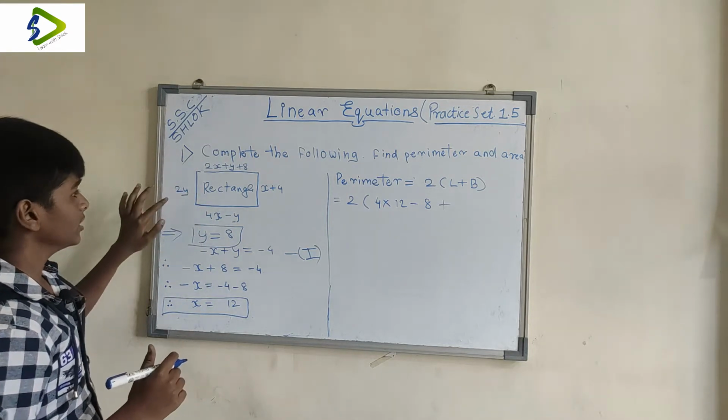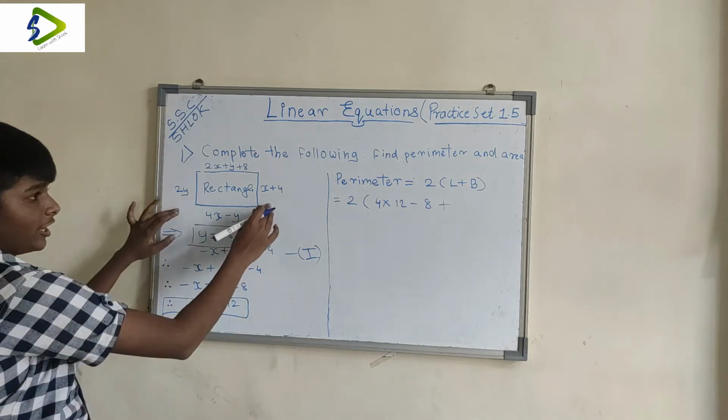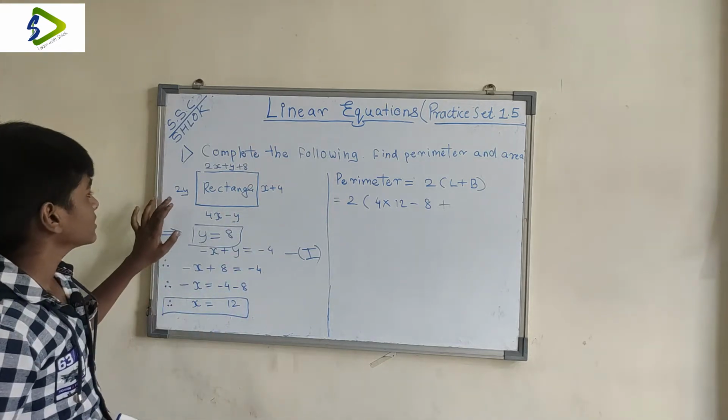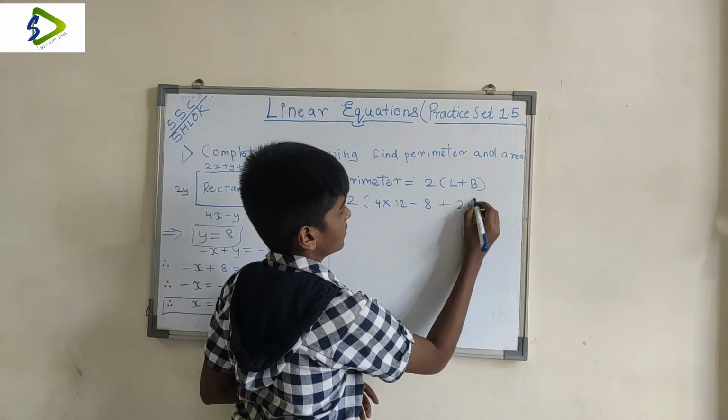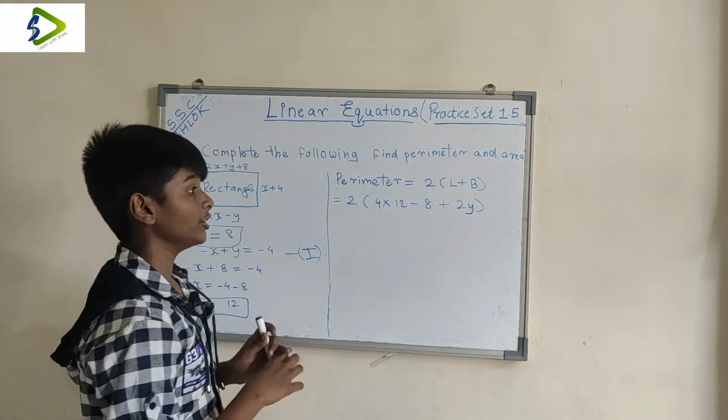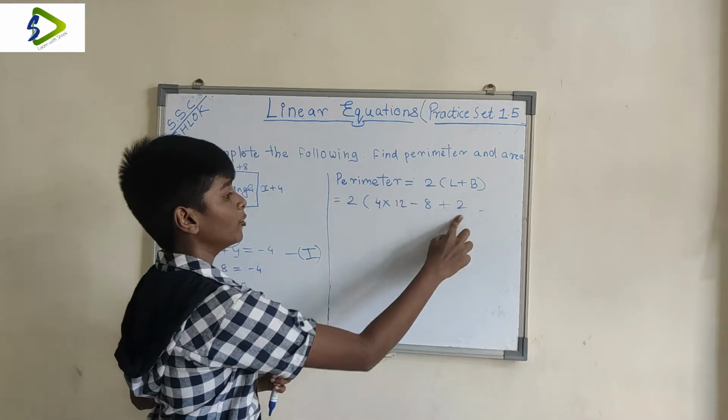This is also length. Now let's consider breadth. Breadth you can also consider any one of them. Let's consider it as 2y. So 2y is breadth. Okay, now we don't have to write 2y, we have found y, so we have to